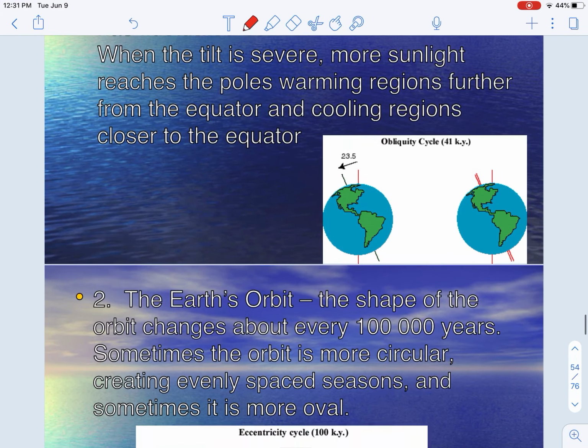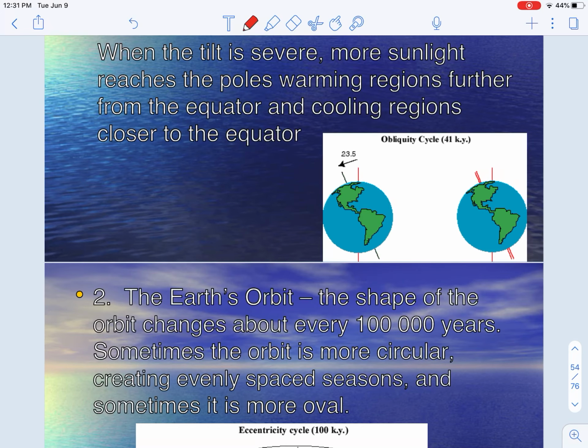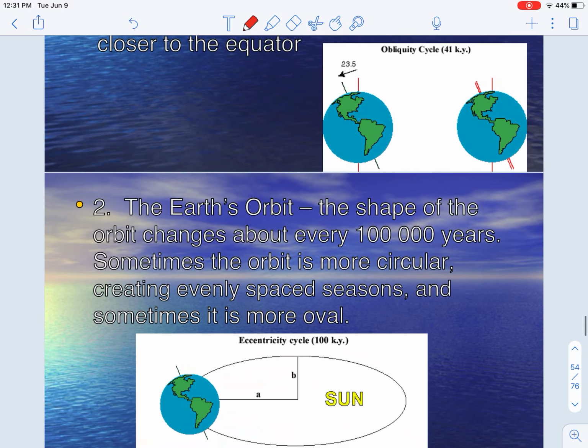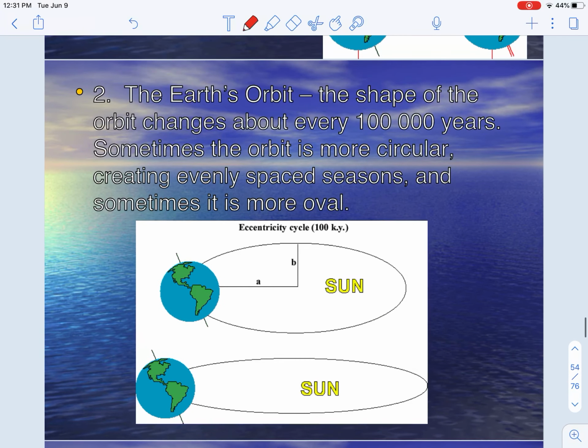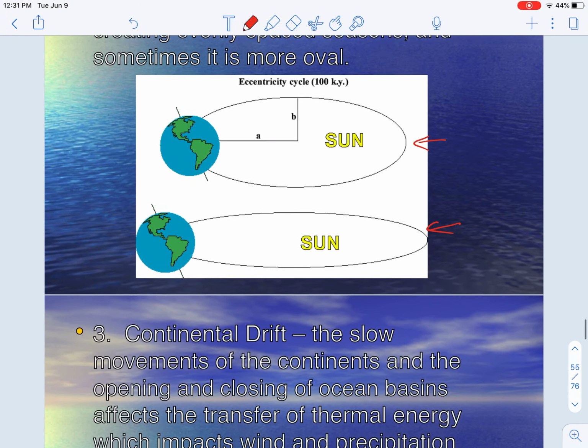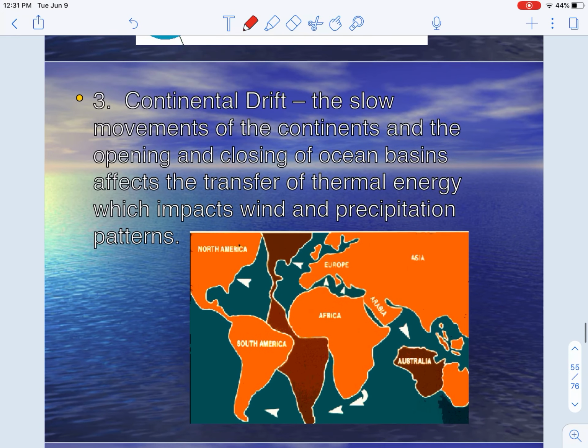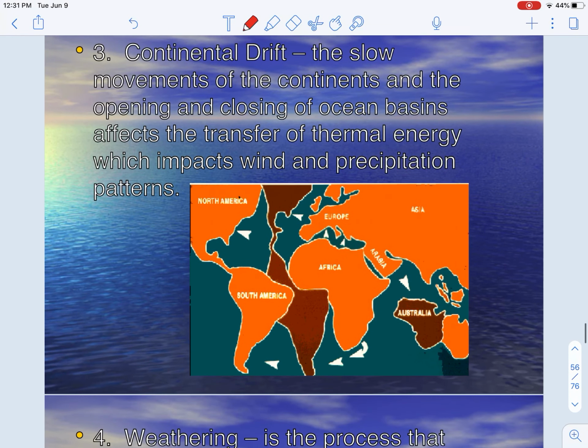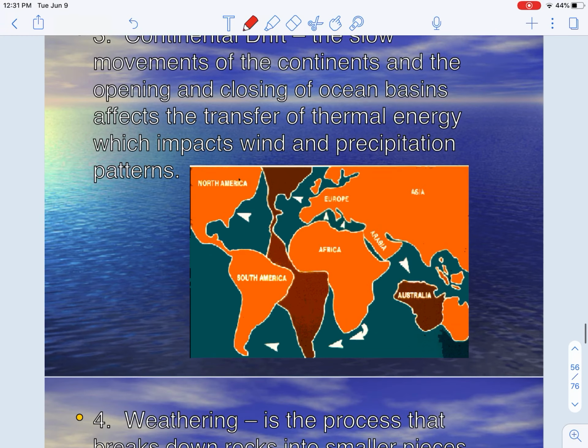Okay, natural climate changes are due to the tilt of the Earth's axis. And of course, we mentioned that earlier, more sun getting to the part of the Earth that's tilted towards the sunshine at that time. The orbit, as we go around our 365 days to get around the sun, says that sometimes over time they feel like our orbit has been more circular and other times more oval. So there's that possibility that could change climates over years.